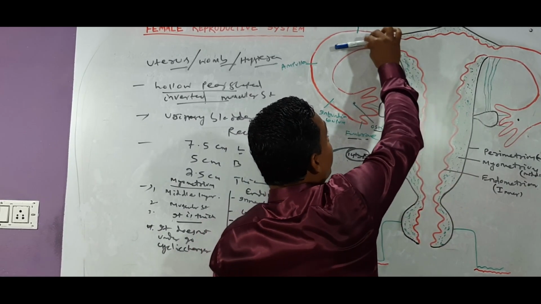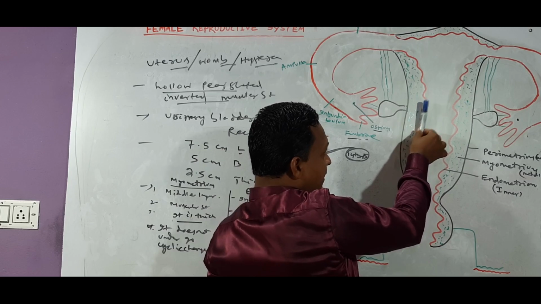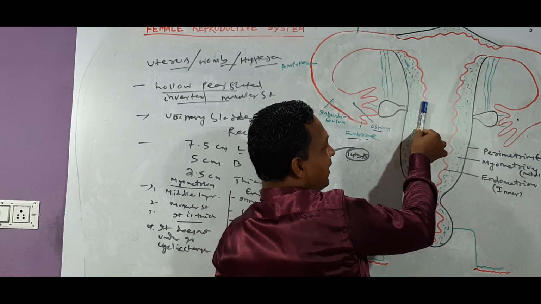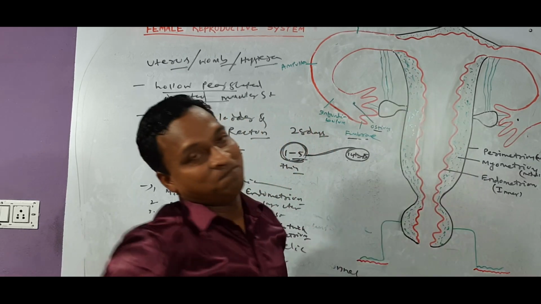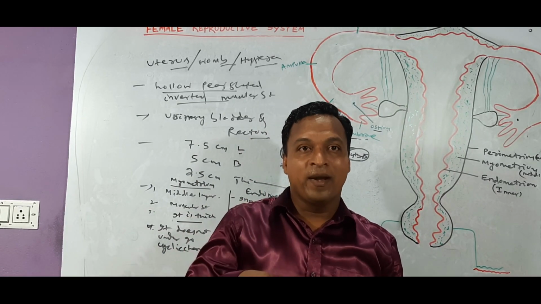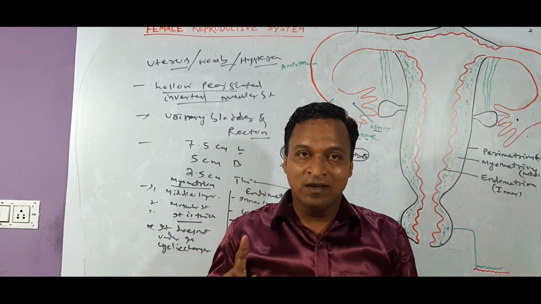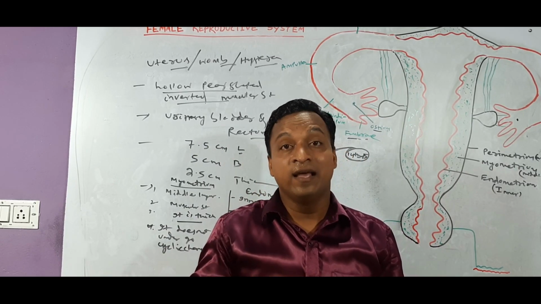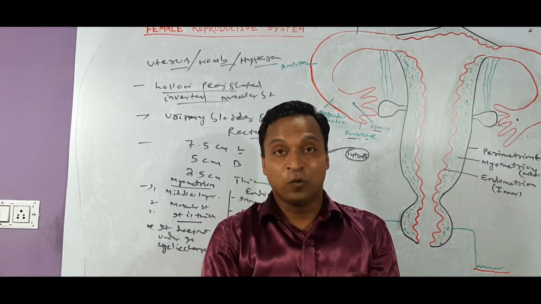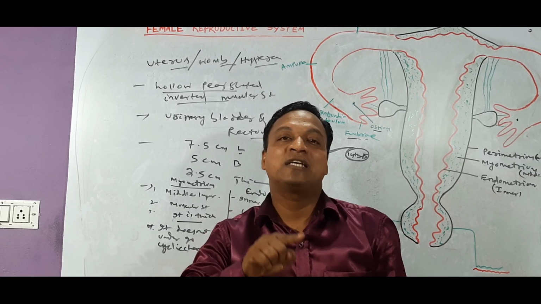But first, when the zygote develops into morula and blastula, that is implantation. The blastula is first implanted in the endometrium. So the next additional point is that in the endometrium, implantation of the blastula takes place. You know the zygote? The zygote divides into 2 cell, 4 cell, 8 cell, and 8 to 16 cell, forming a solid ball, which we call morula. And this morula changes into blastula containing a cavity called blastocoel.